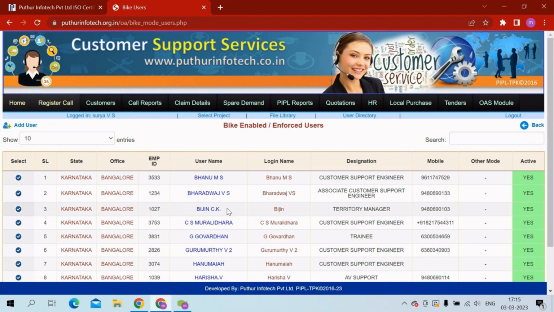Once the reporting manager approves his request through my app, then other modes of travel will be enabled for that particular bike-enabled user. Regional head or call coordinators can also enable other modes of travel manually through CSS in case the reporting manager is not available to approve the request through my app. So now let's see how we can do that. For that you can just select that particular field staff's name, and then again you have to go to the left-hand corner and click on this tick mark symbol.